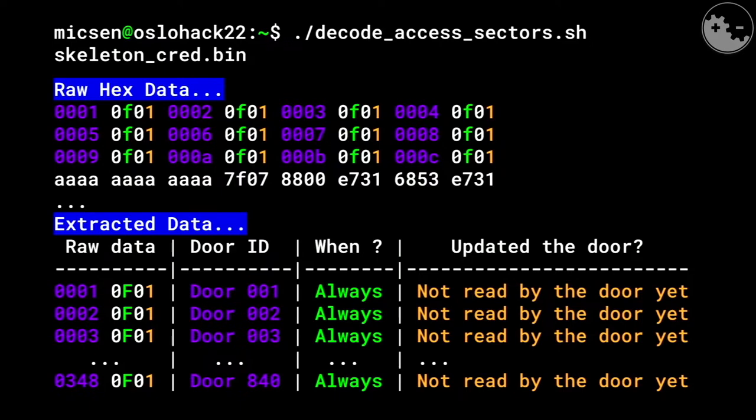But essentially what it does is it's just 2 bytes referencing what door it is, 1 nibble referencing what schedule you're supposed to be able to access the door through, because you can have up to 12 different schedules programmed into the lock. Like you can access this door between these times and stuff like that. F just is always, and then the last nibble in those 2 bytes is